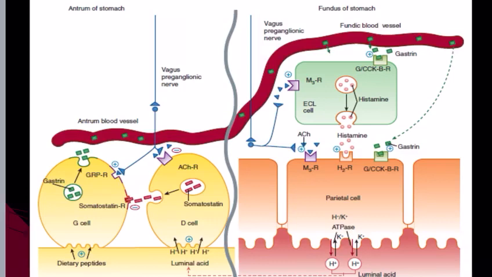Parietal cells are stimulated to secrete the hydrogen ion by gastrin acting on the gastrin CCK-B receptors, cholecystokinin B receptors. Acetylcholine has its own receptor that is located over here as an M3 receptor, and histamine works on the H2 receptors. Acid is secreted across the parietal cell canalicular membrane by the hydrogen potassium ATPase pump into the gastric lumen. Gastrin is secreted by the antral G cells into blood vessels